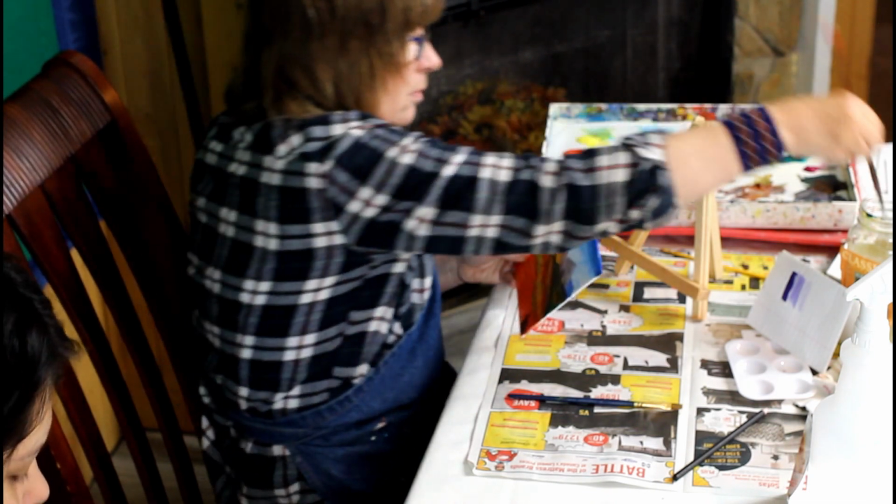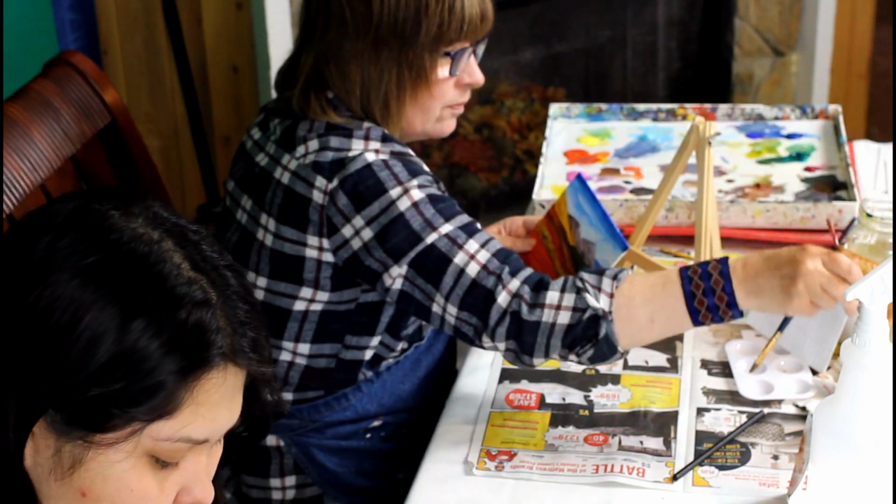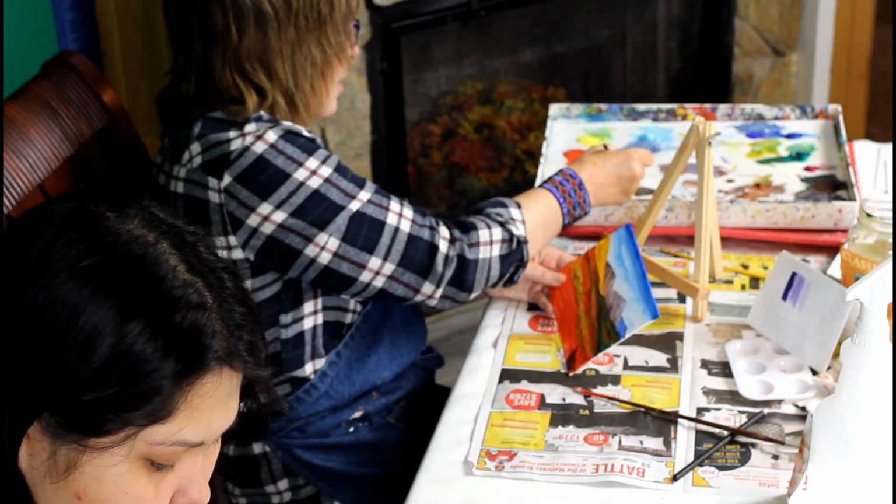And I'm going to get rid of this fine brush that I have, my thinner brush. I'm just going to get rid of that. I'm going to put some of that dark color